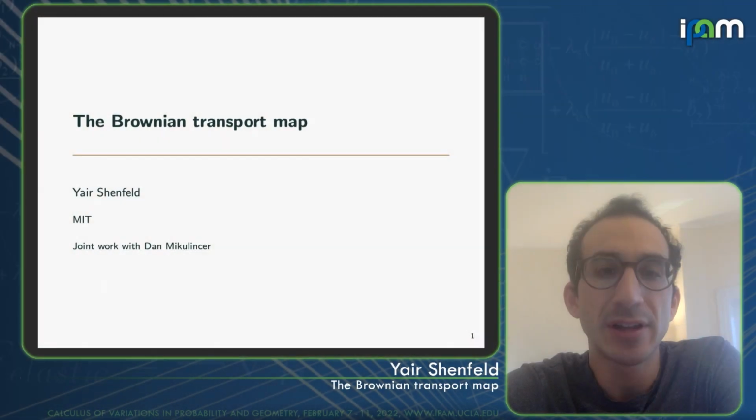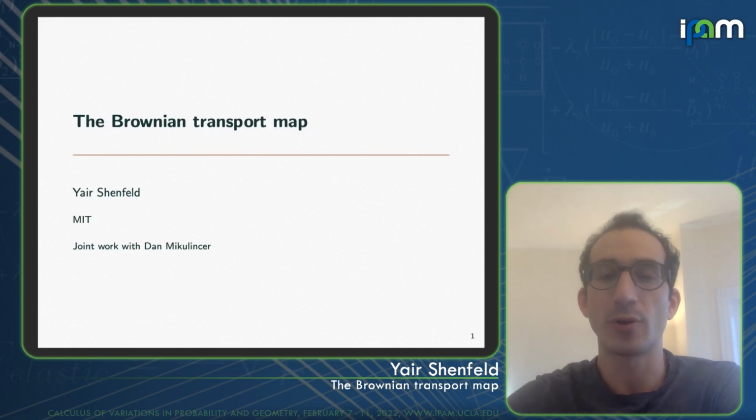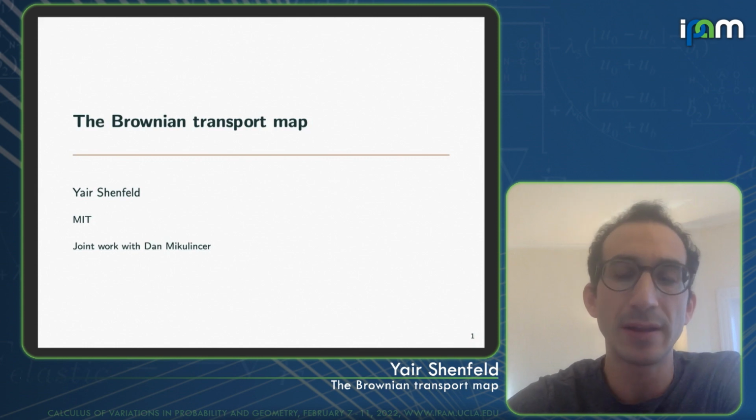This is a talk about functional inequality and transportation theory. In particular, I would like to tell you about a transport map that I've constructed with Dan Mikulincer. This is all joint work with him, which we call the Brownian transport map. So let me start by motivating